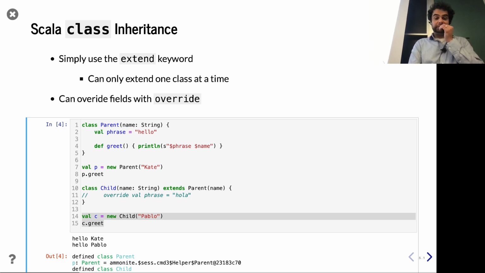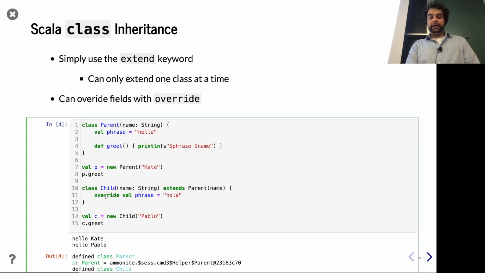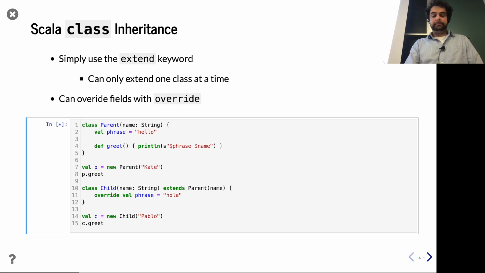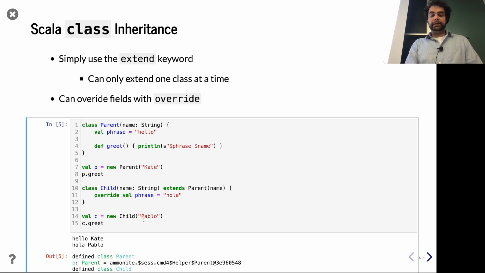However, if we decide we actually want to do inheritance and do something different in the child class, we can go ahead and override the behavior in the parent. In this case, we're going to change our greeting phrase. So now we get hola Pablo, right? And notice what's happening here. When we call child,